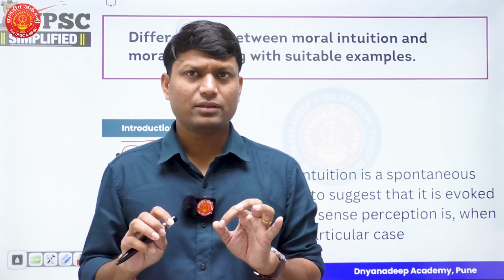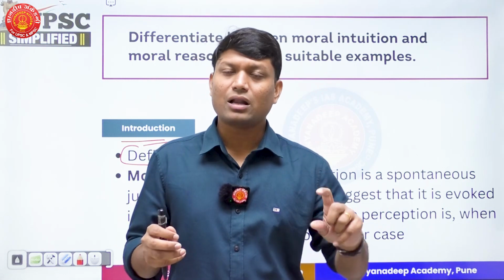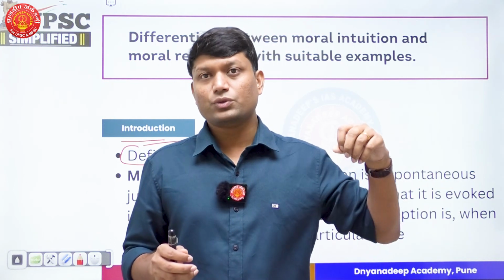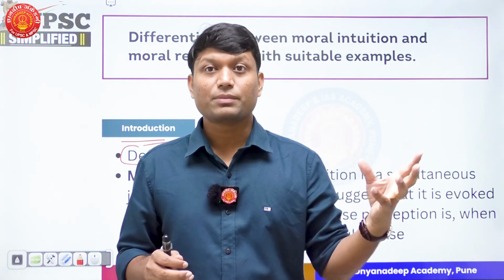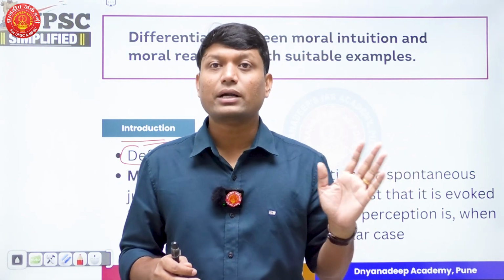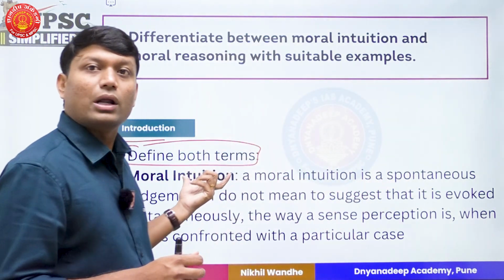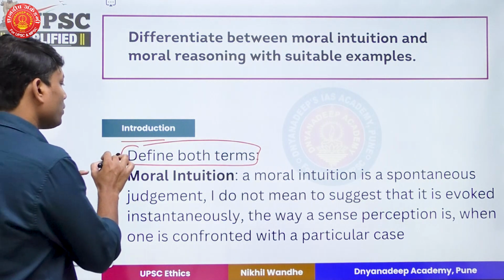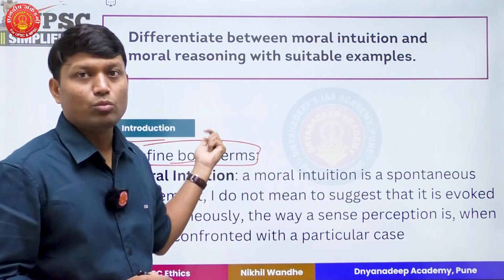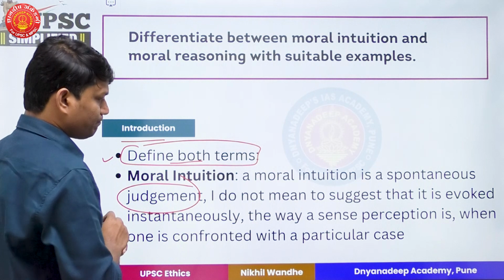So that is why I prefer to write most of the answers very straight, unlike other GS papers. In other GS papers, you would write some facts, give some context, and may come up with some example, right? That is fine for GS paper 1, 2 and 3, but when it comes to GS4, the better way is to go straight. So what I'm doing, I'm going very straight. In the introduction, I'll define both of the terms. I'll first define moral intuition in one line, that it is a spontaneous judgment,